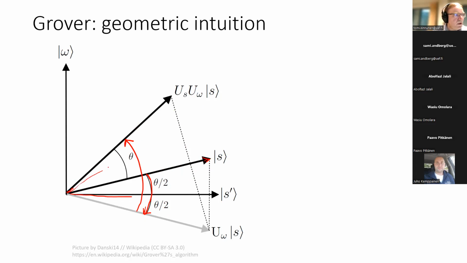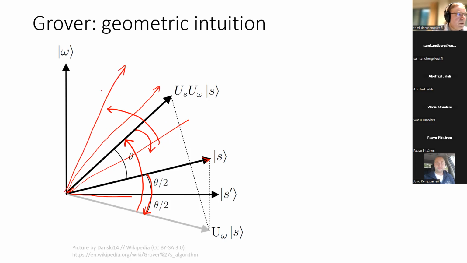Now you can think again that there is going to be something like a reflection. We're going to be shifting. Okay, I'm doing a terrible drawing, but it's first shifted this way, and then after the second step it gets rotated here again, and so on. And finally, the state you're looking for is going to approach the W state.